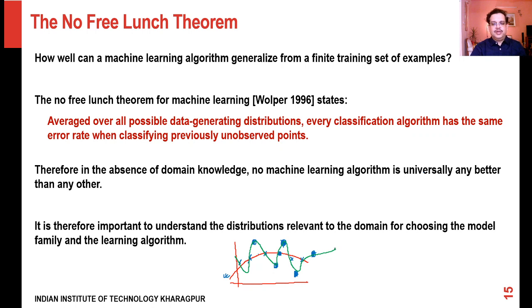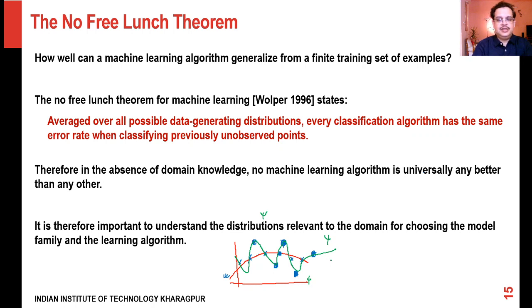Now you see, there is no end to it. If you think that this is a good fit, and then let's say you are exposed to some new data, maybe one here, one here, one here, now you know that this is also not good. So what the no free lunch theorem effectively says is that for any set of data that you have, if you have a machine learning algorithm which fits that data very well, I can always have a different data generating distribution where the error is arbitrarily high for the function that you have learned.